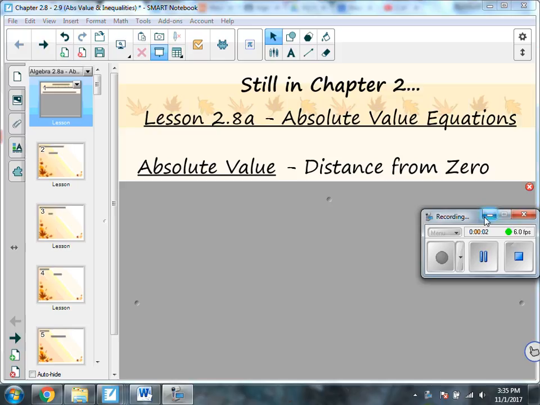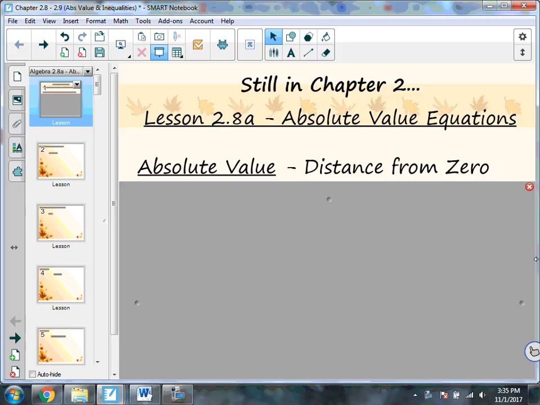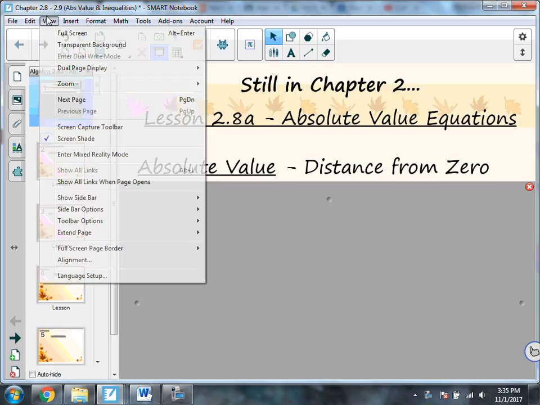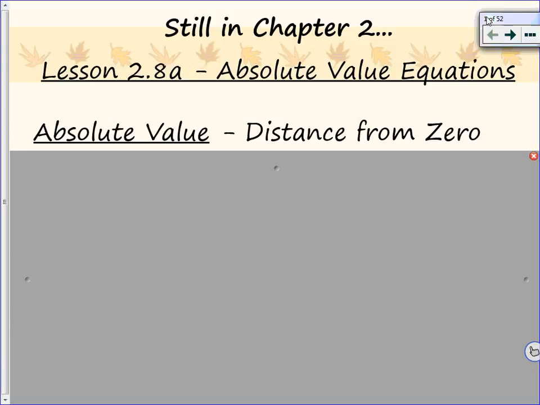All right, ladies and gentlemen, we are still in chapter 2. So you are going to want to have your notes out to take notes. We are learning today about absolute value. Not only will we be evaluating absolute value, but we will also be solving absolute value equations, which can be